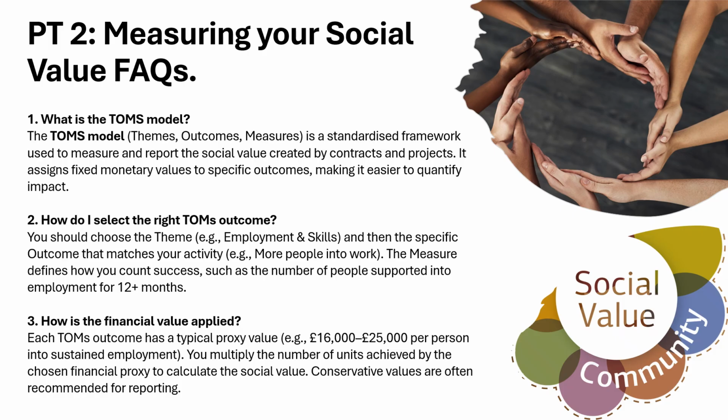Question 2, how do I select the right TOMS outcome? You should choose the themes, e.g. employment and skills, and then the specific outcome that matches your activity, e.g. more people into work. The measure defines how you count success, such as the number of people supported into employment for 12 months, etc. And this goes back to when we looked at the bingo in terms of, well, what social value do you do really well